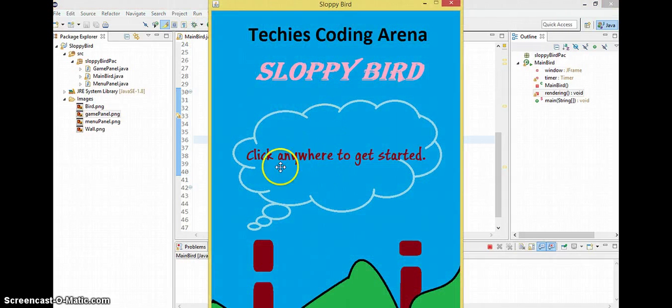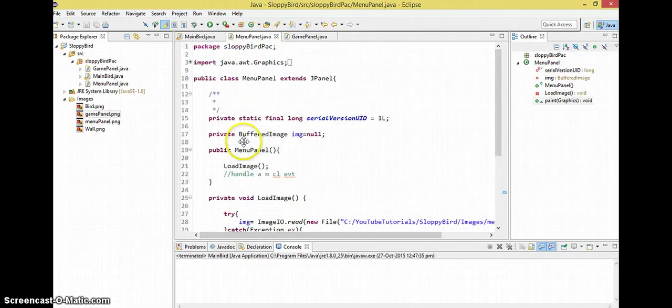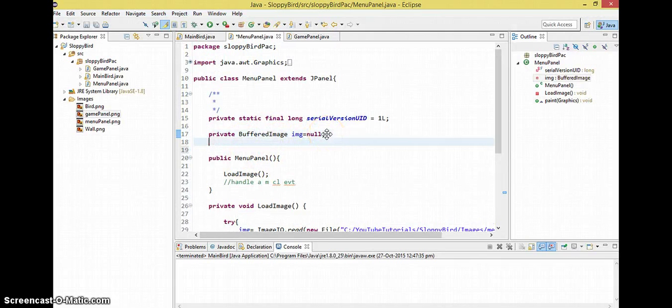As you can see, when I click anywhere to get started, the window needs to remove this panel, and I need to add the new panel, which is the game background, the game panel. So first of all, in MenuPanel I'm going to create a variable: private boolean, a boolean variable equals starting point. Initially it's going to be false,